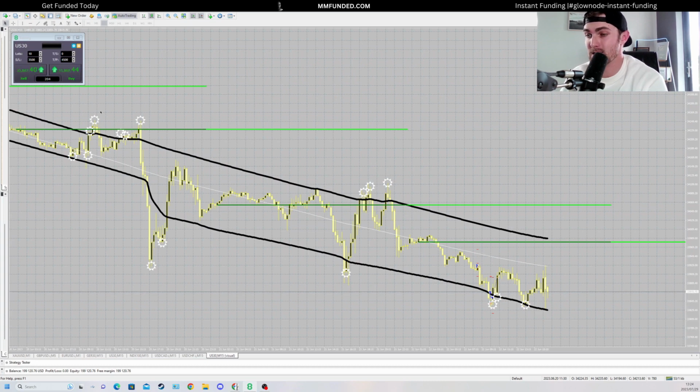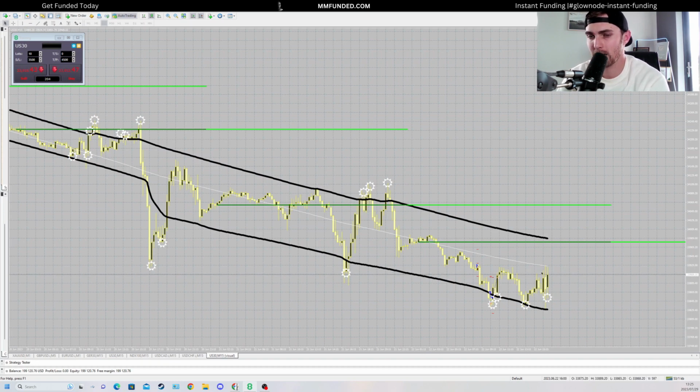Both on indices, so that's US 30, NASDAQ, UK 100, German 30, which work fantastically well, as well as XAUSD Gold. Those are definitely my top 4 markets to go and use with this tool. And as you can see over here, price is starting to take off nicely, but still, this is not according